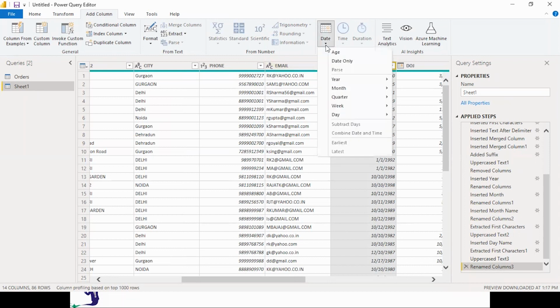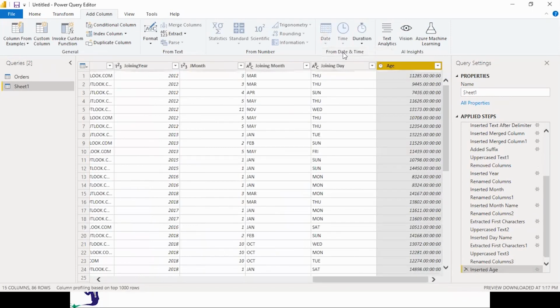Here we have age. Very useful feature over here. Suppose I wanted to calculate the tenure, since how many years the person is with the company. So I can go to the age, and I am getting this number over here.